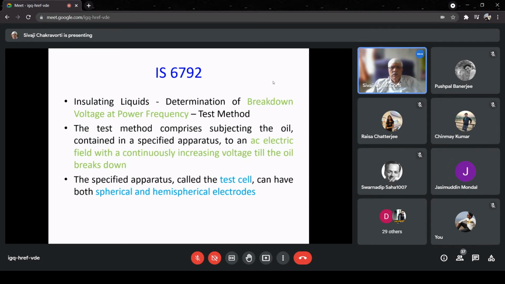So we have a very standardized test cell which is used, and if I use the standardized test cell as defined in IS 6792,